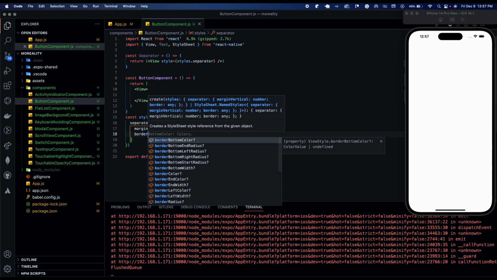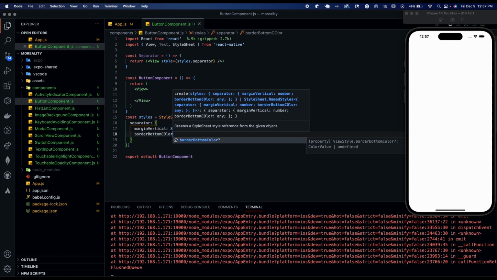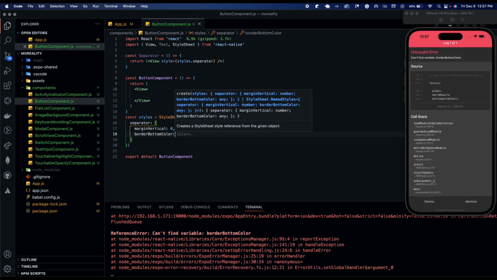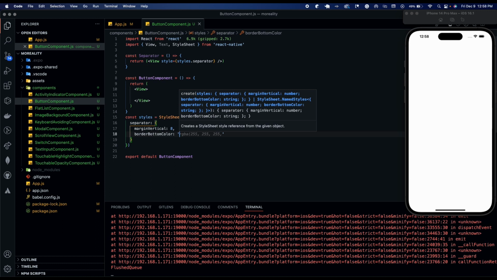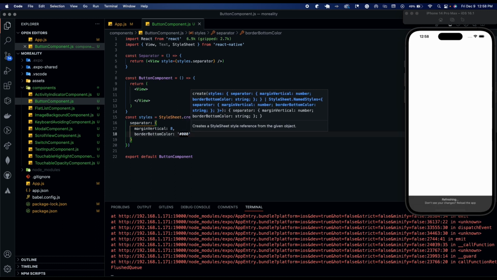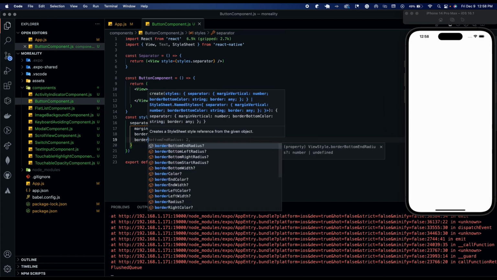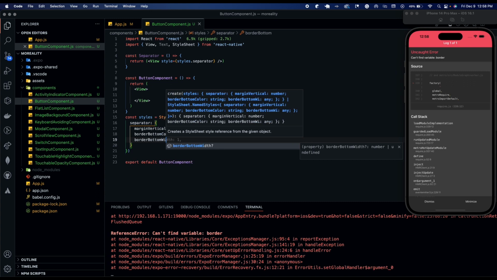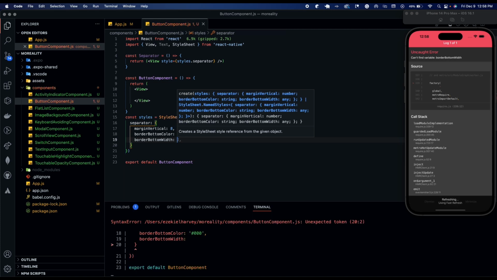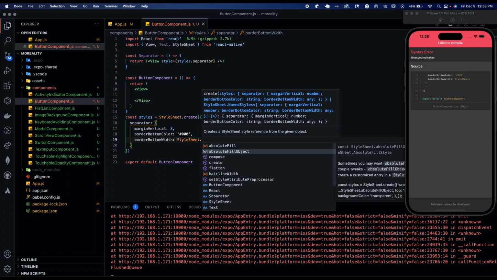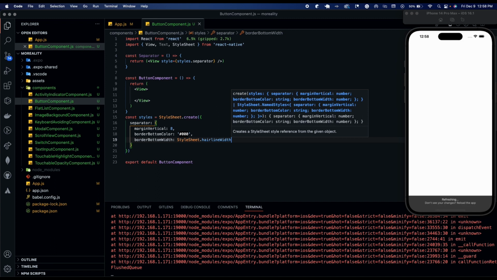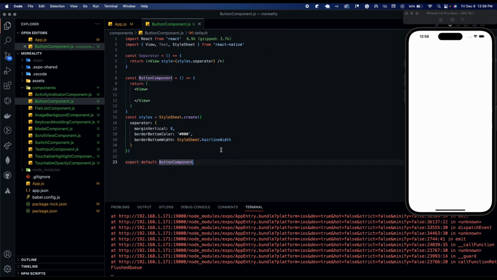The next one is border bottom color, and that's going to be random color, so we'll just do black, so 0, 0, 0. And then we'll have border bottom width of style sheet dot hairline. So it basically has a special property that keeps it just a thin line across the screen. Okay,